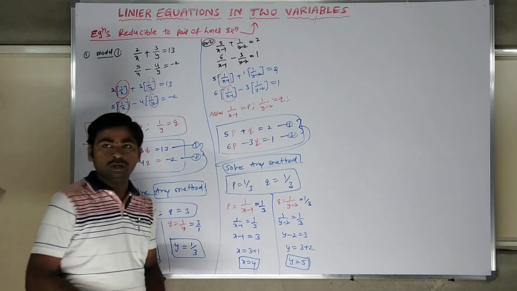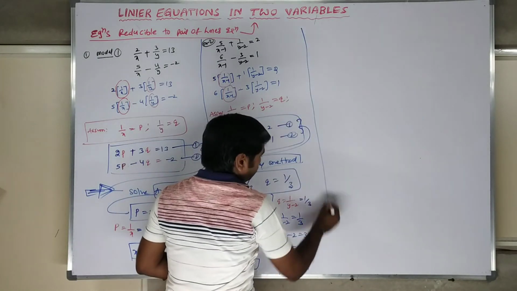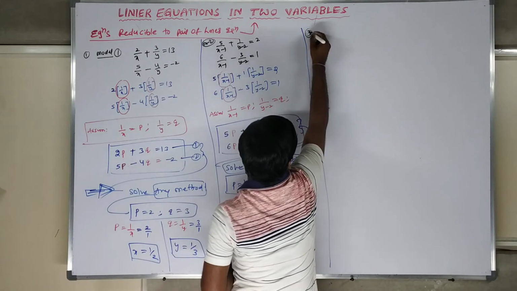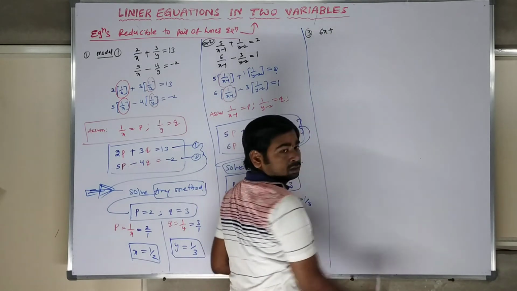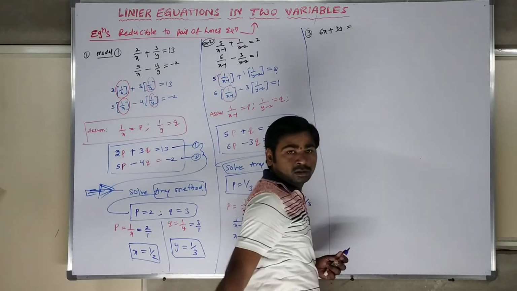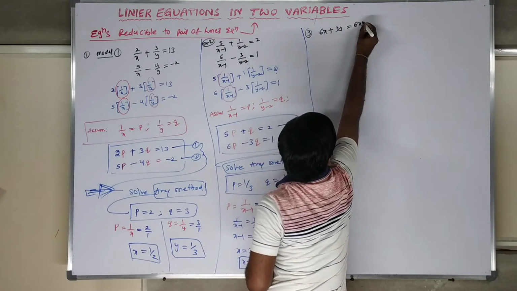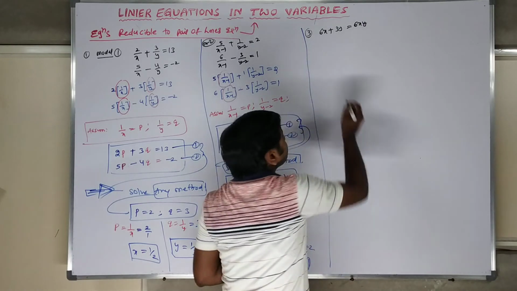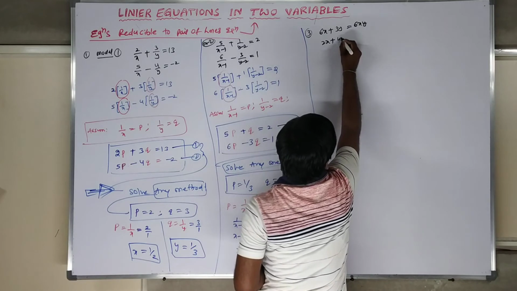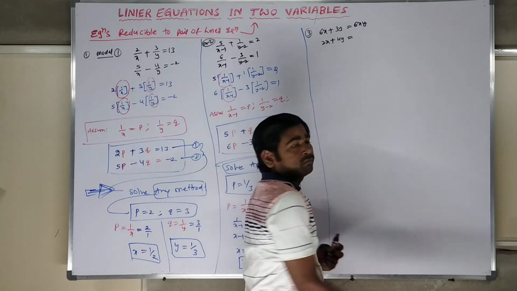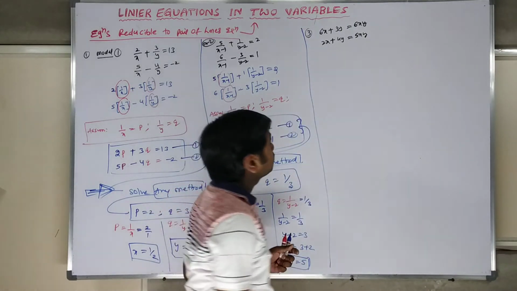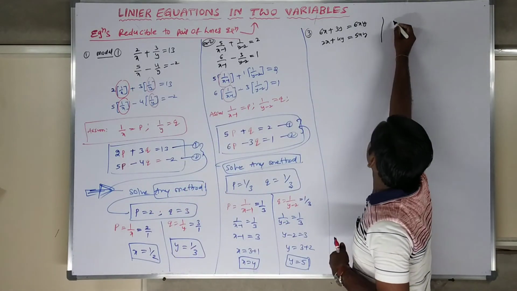So we go for model 3. Model 3 is very simple. Please tell me the question: 6x plus 3y is equal to 6xy. Next, 2x plus 4y is equal to how much? 5xy. The question will come like this,